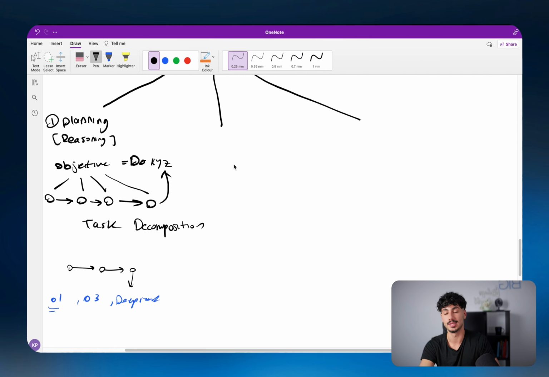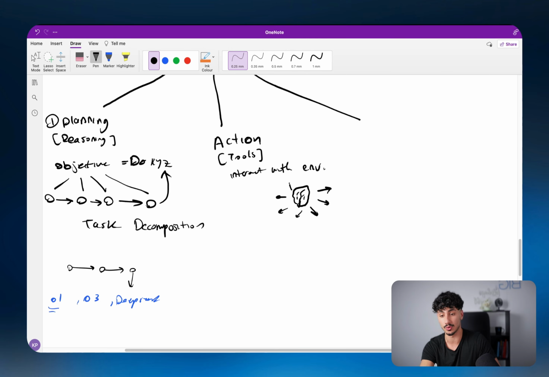So the second capability that makes AI agents super powerful is their ability to act or take action, or some people say use tools, or as I said before, interact with their environment. Now, what we mean by environment, it just means anything that's not a part of the actual agent system, meaning that the agent is interacting with things that are external to it. They're not internal, they're external. Now, what these tools really are, they're just basically predefined workflows.